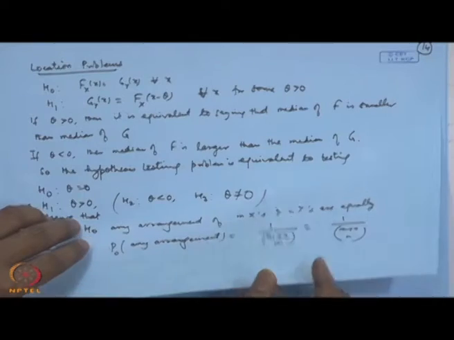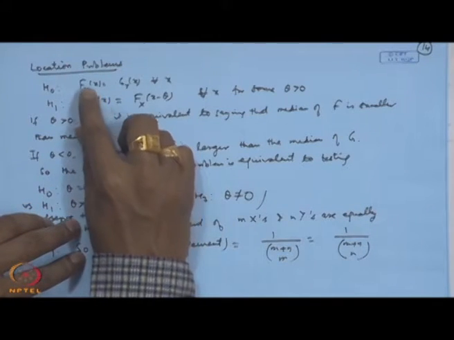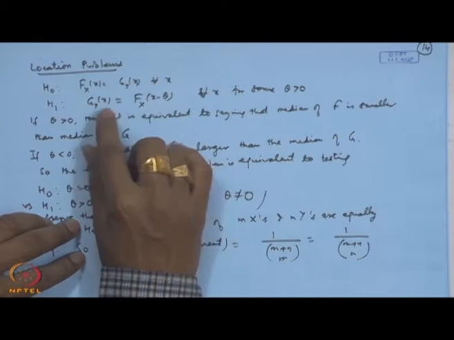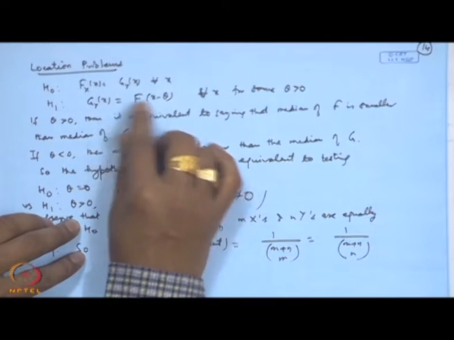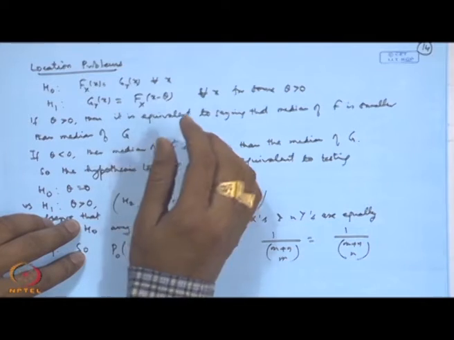Friends, in the last class I had introduced various tests for the single sample location problems, and then I had also introduced a two sample location problem. Let me recapitulate this. We have two distributions f and g, and we want to basically check whether one of the distributions is a location shift from the other one.